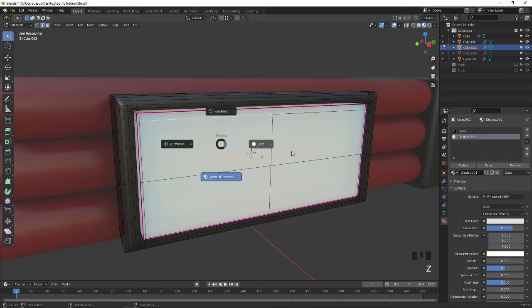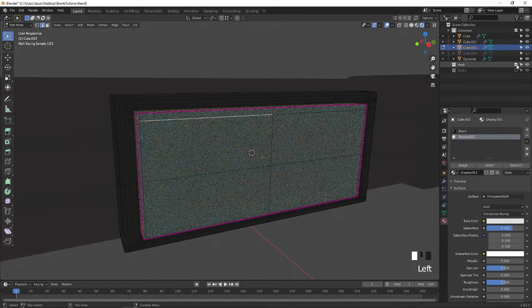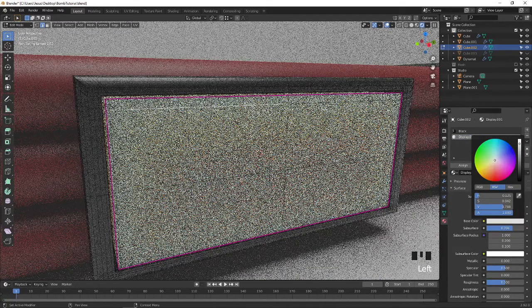Go to the rendering view and turn on the studio. Okay, it could look like white, so I'm going to reduce it a little bit down. And I'm going to reduce the subdivision colors.